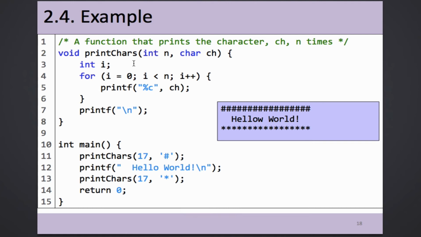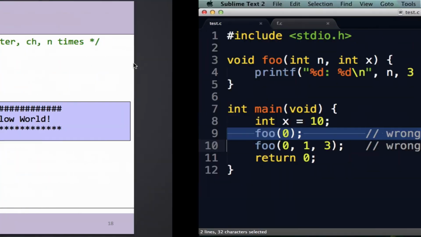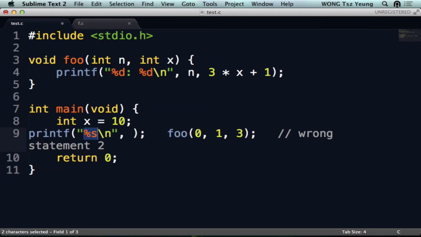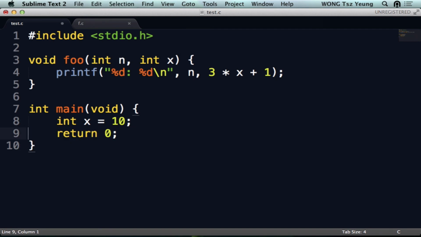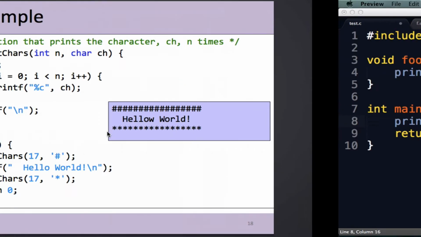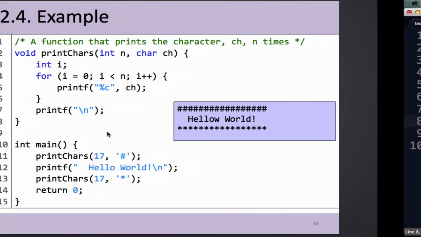Say I create a new function called print chars. Chars means characters. I want to print... what is the definition here? Usually for a good programmer, we need to write something like this. So I will repeat the print char here. Let me clean it up. Print chars, there's an S. Let me copy it. It's 17